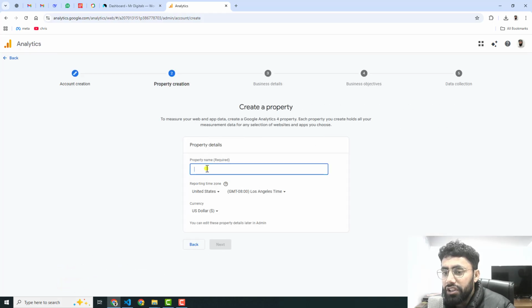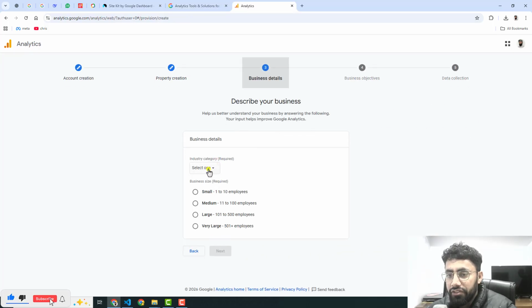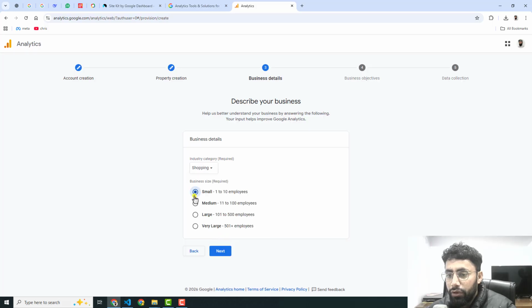Here you have an option, so add the same name. For example, I am adding Test Analytics, and choose the time zone, and then click on next. And here we have an option of selecting an industry, so you can choose whatever industry you are in. For now I am adding shopping industry, and then click on the number of employees in your business, and then click